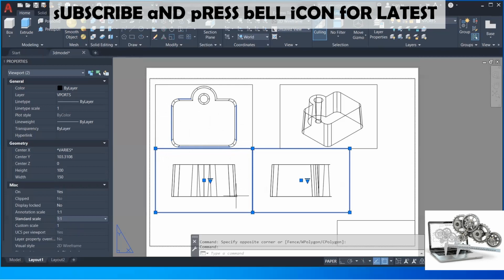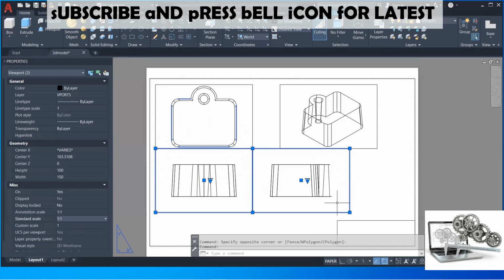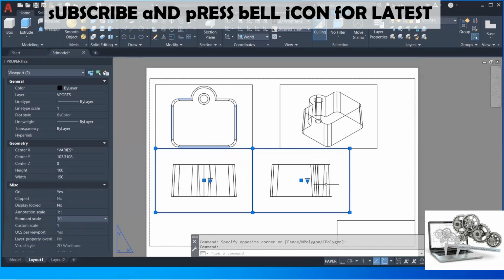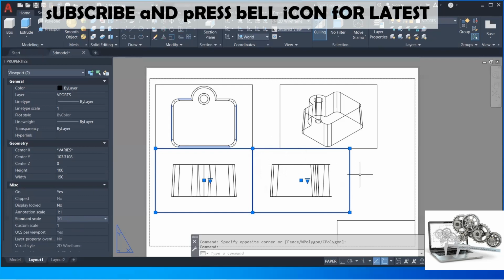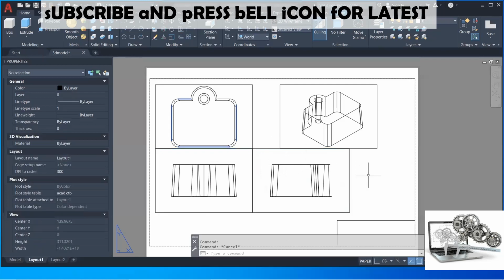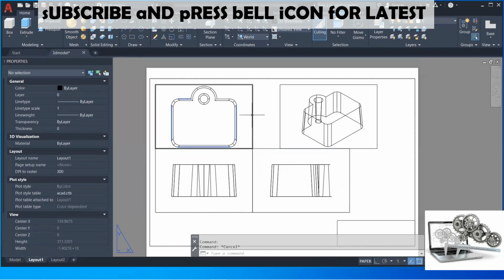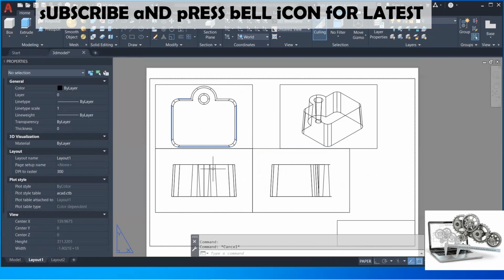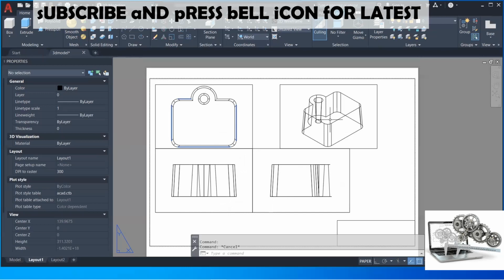Now you can observe that the front view is perfectly coming after the top view lining, and side view is also in line with the front view. This is because of your height and width setting and the position of the viewports. Now you can see that it is looking a little better than the previous one. All the viewports are set according to the positions: front view, top view, side view, and the one